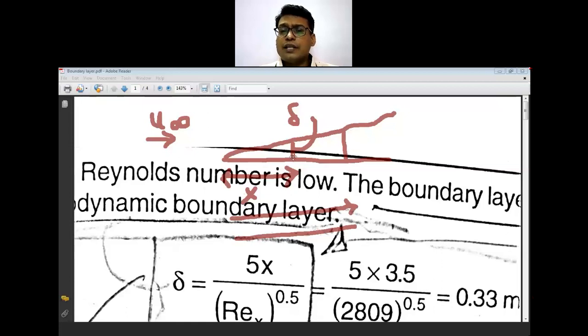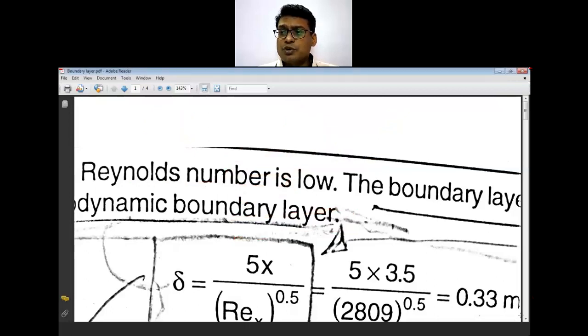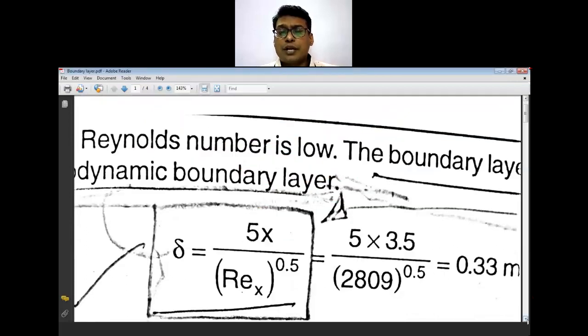Now in case of a low Reynolds number, that is the laminar flow condition, the Reynolds number is low, below 5 into 10 to the power 5. If the values of Reynolds number are below this value,